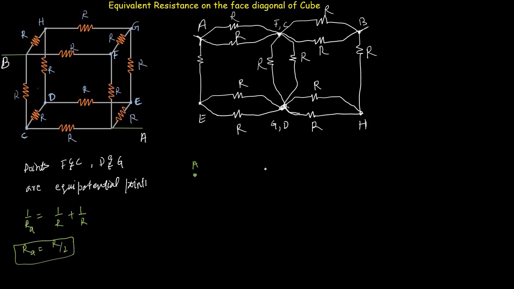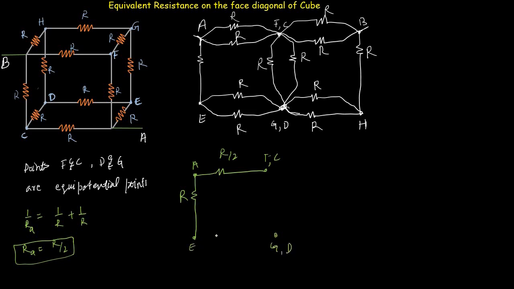So in between point A and FC we have these two resistors. Let's replace these two resistors by its equivalent resistance of R divided by 2. And in between point A and E we have this resistor which will be the same as resistor R. Now in between point E and GD,